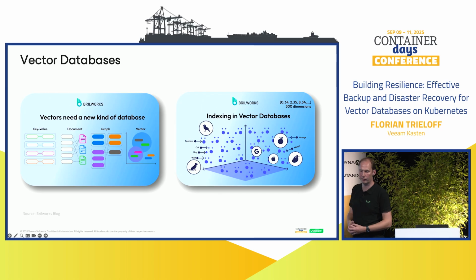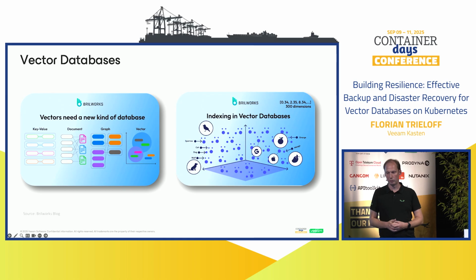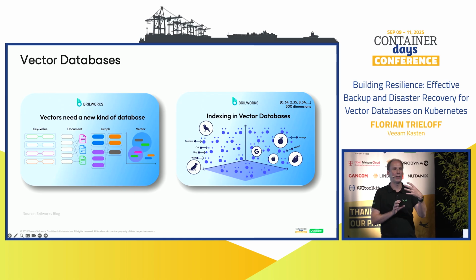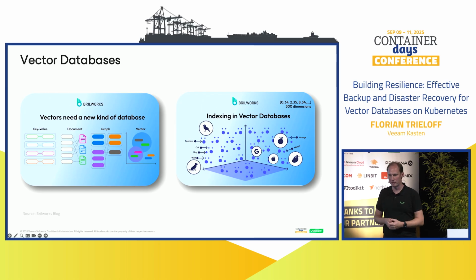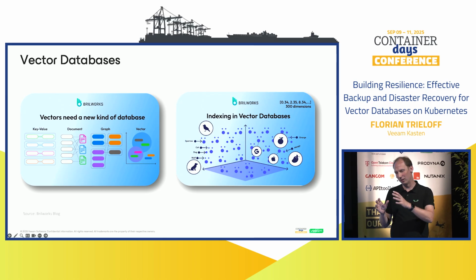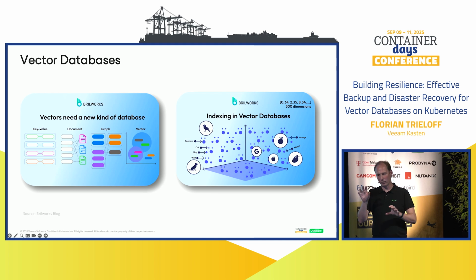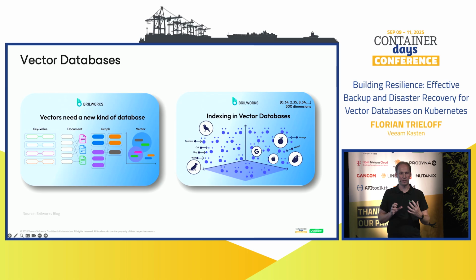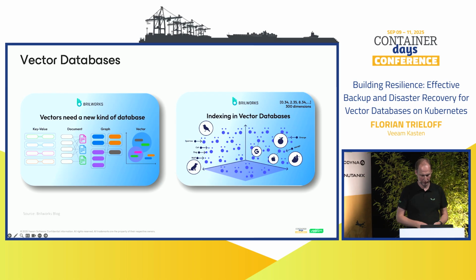So this way, storing the data makes your search very, very efficient. If you're looking at the graphic on the right side, where you have a bird, a sparrow, a cat, a dog and a wolf, they're really close together because they are animals and they have some stuff in common. A banana would be put more in the direction of an apple here. And you can also see Apple is really close to the logo of the Apple company. This is not directly there, but it is very close, and Google is also close to Apple here. So it will index your data in vectors, and it is not just a simple search.